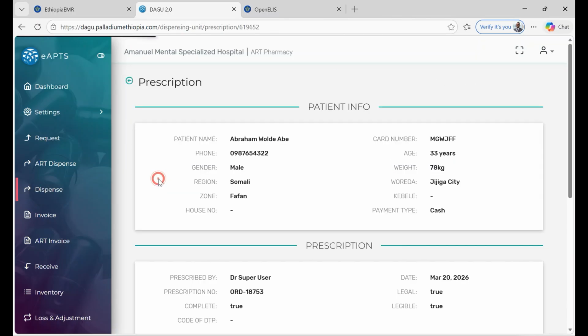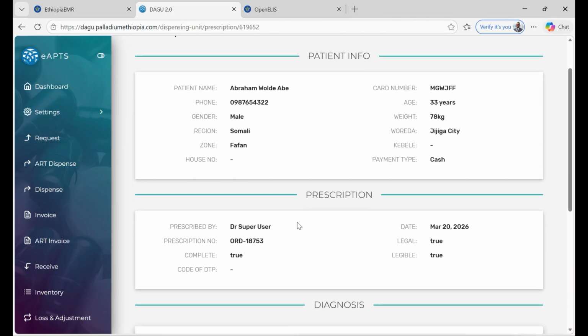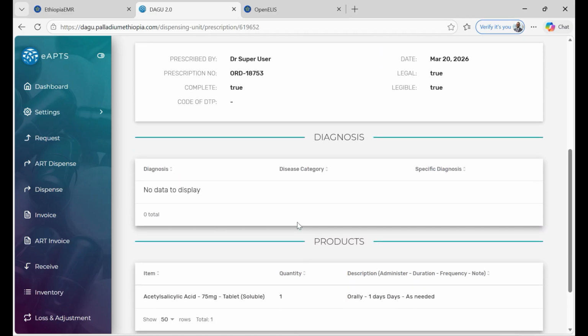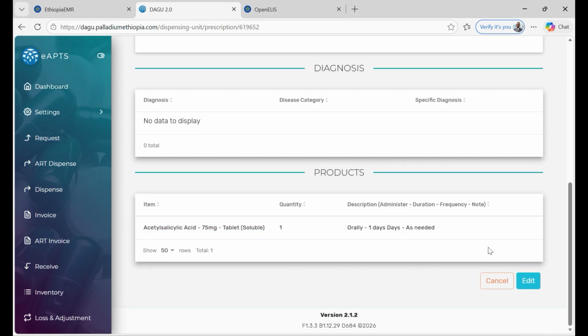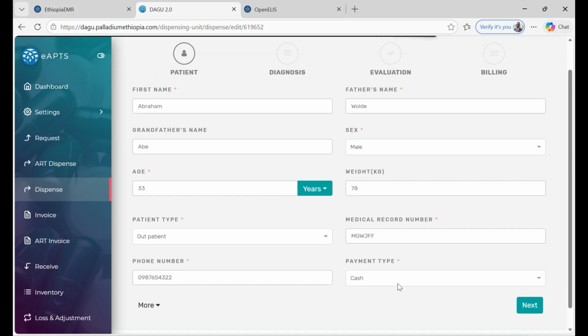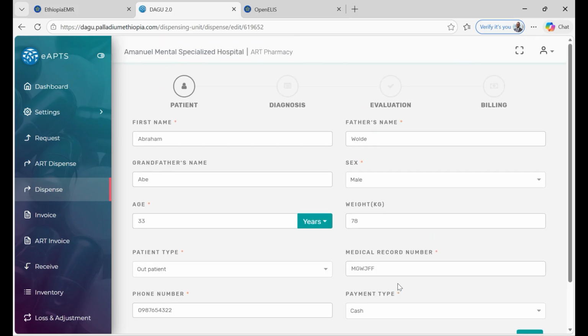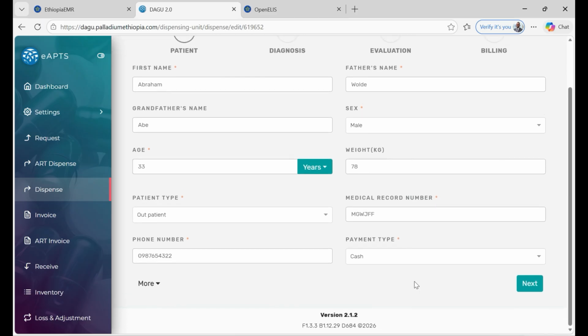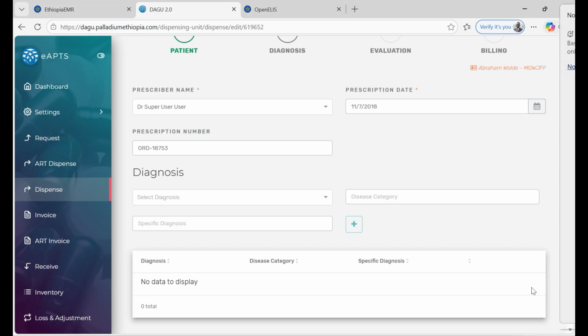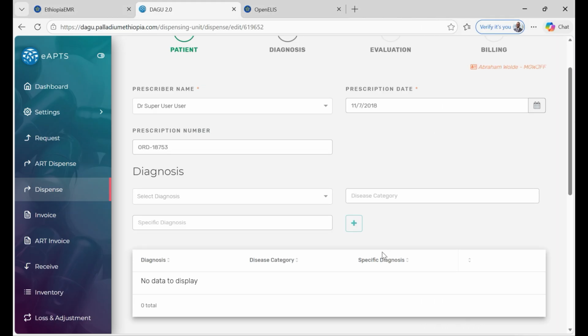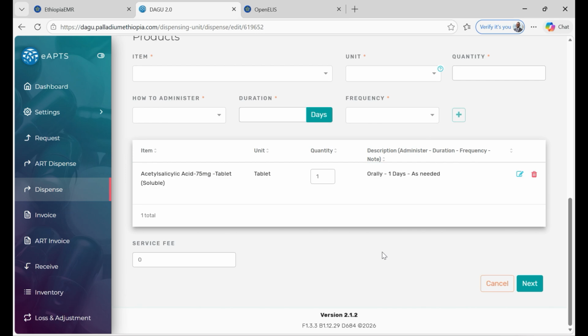Therefore, the pharmacist dispenses the drugs as per the doctor's prescription. However, the pharmacist has the option to edit if there's any information here that has been pulled. As you can see, all the data has been pulled from the Ethio EMR platform into the Dago platform. Payment options can also be edited here. Different options for editing are here,